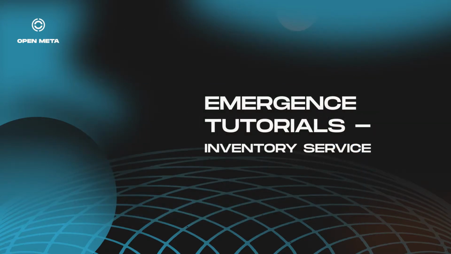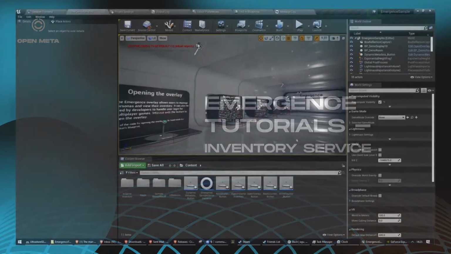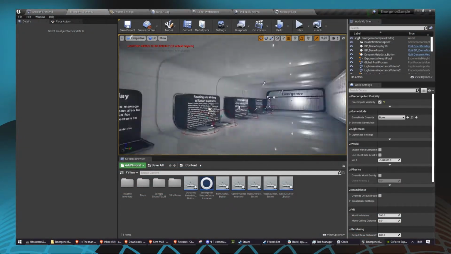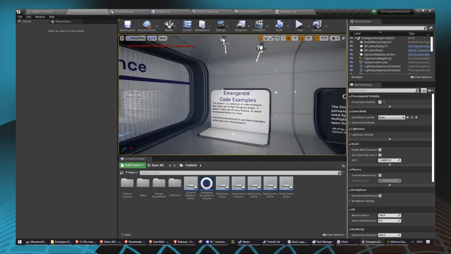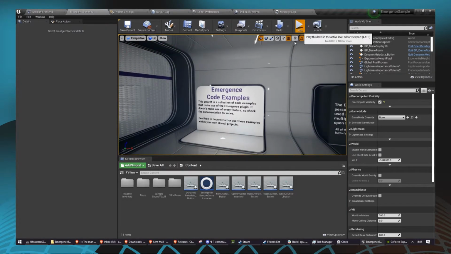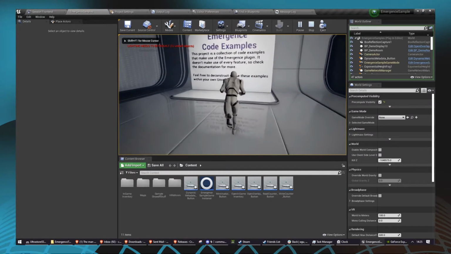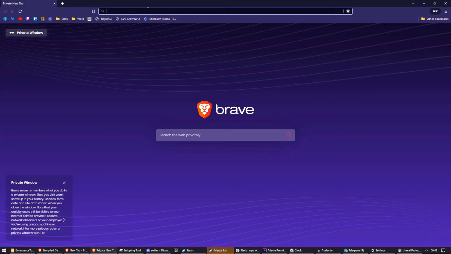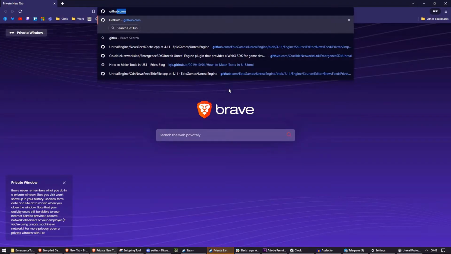This is the Web3 equivalent of that. Additionally, an example of this can be found in the Emergence sample project. We have a separate video on the Emergence sample project, which you'll find in a card now or in the video description. You can find the sample project on our releases section at